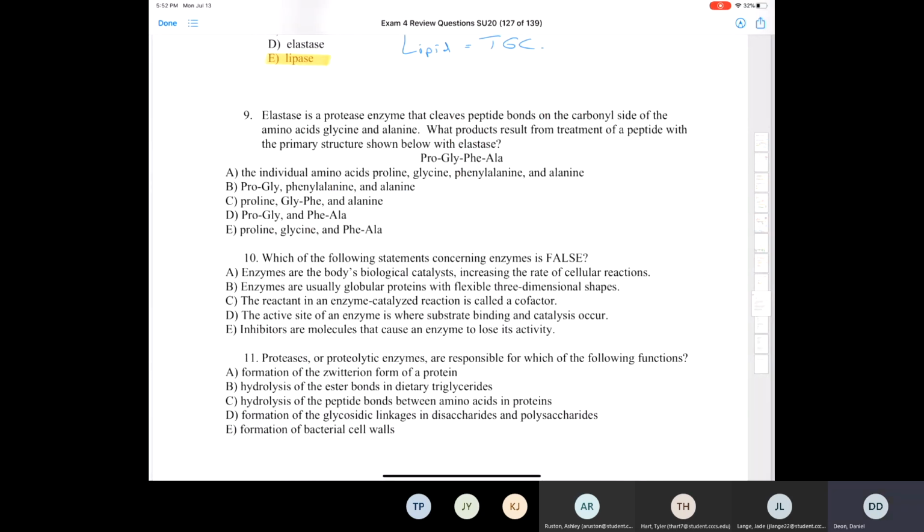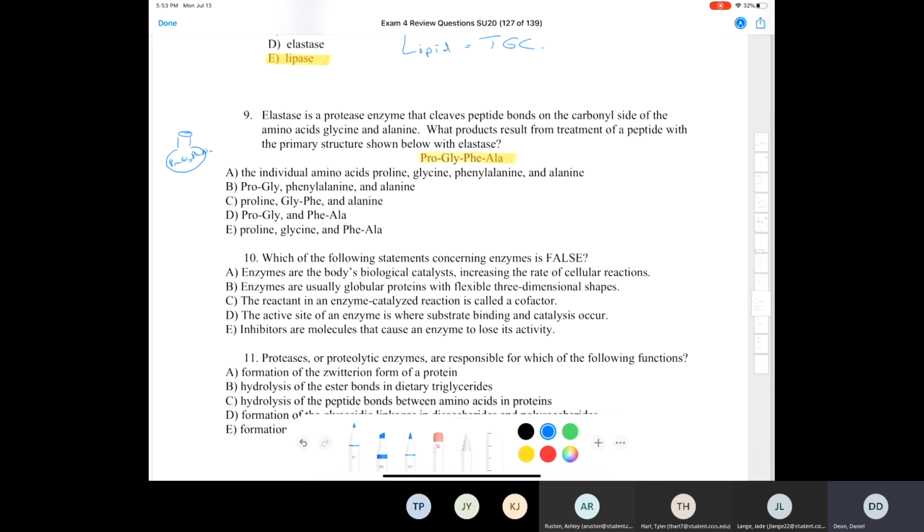Number 9, elastase is a protease enzyme that cleaves peptide bonds on the carbonyl side of the amino acids glycine and alanine. So on the carbonyl side of the amino acids glycine and alanine, what products result from the treatment of the peptide, with the primary structure shown below, with elastase? So what this question is asking is, let's say you have this tetrapeptide. You have it in a round bottom flask. I'll even do you one better. I'll draw a round bottom flask. Okay, here you are, you're in the lab, and you have that